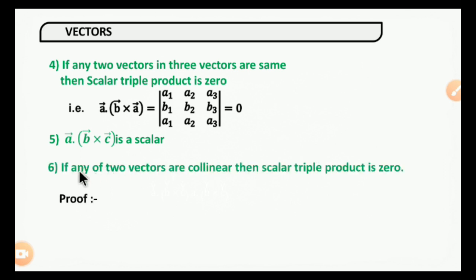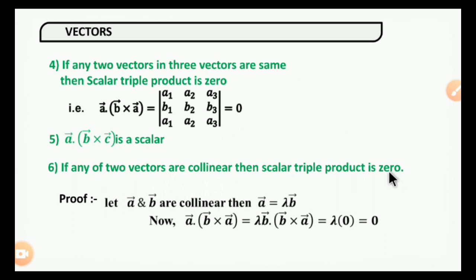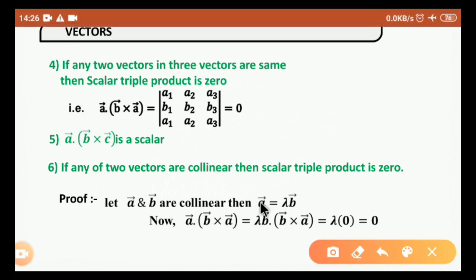And the next one: if any two vectors are collinear, then the scalar triple product is 0. Here I am going to give a proof. Let A and B be collinear, then A is equal to lambda B. This is the property for collinearity of vectors. Now I am going to consider the scalar triple product A dot B cross A. Here A can be replaced by lambda B, then B cross A as it is, and